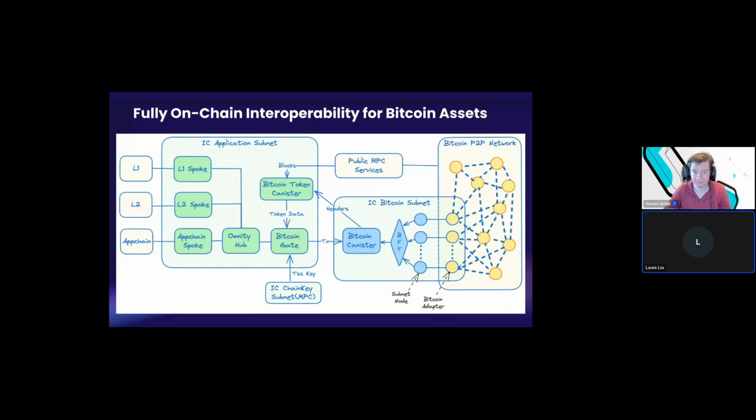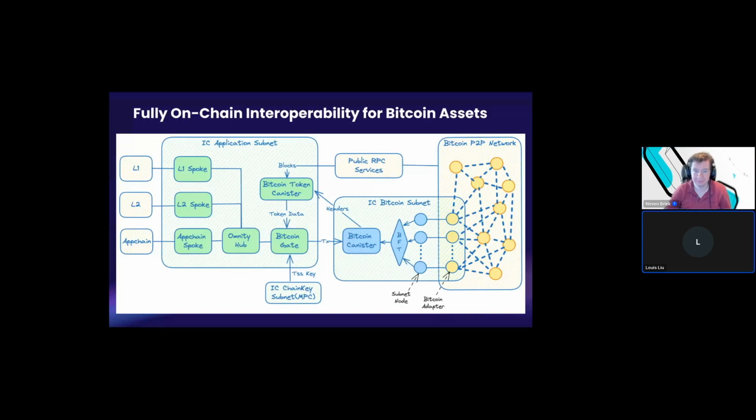So for any user who wants to cross-chain transfer rings from Bitcoin to another blockchain like ICP, this Bitcoin gate will generate a deposit address by utilizing the chain key subnet. And once the token deposit transaction is made,